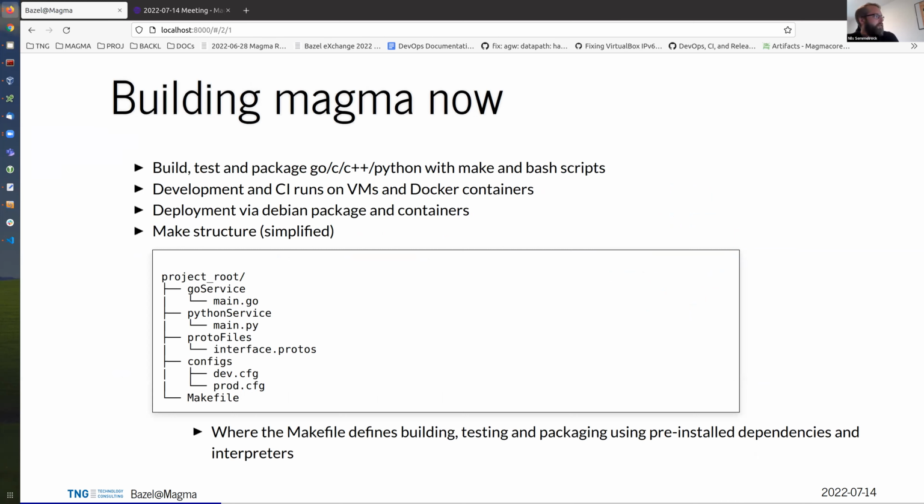So how is Magma built currently? Build, test, and packaging of the Go, C, C++, and Python services is happening with Make, and a couple of called bash scripts for that. Development in CI runs usually on virtual machines and on Docker containers.